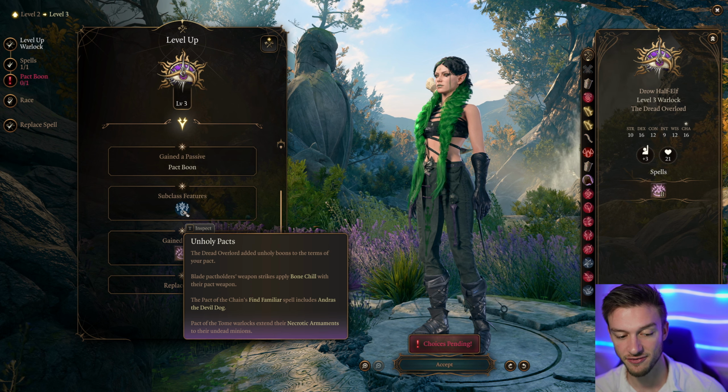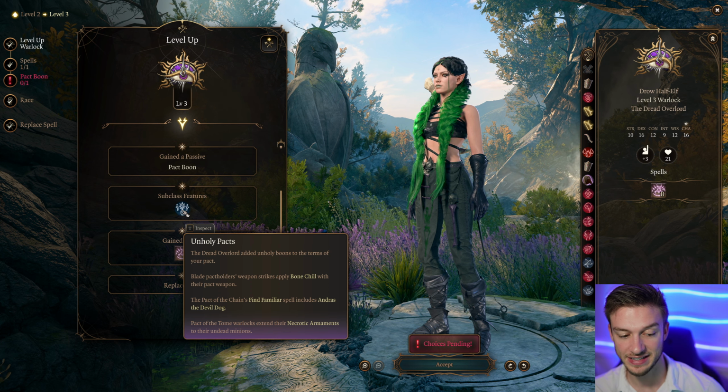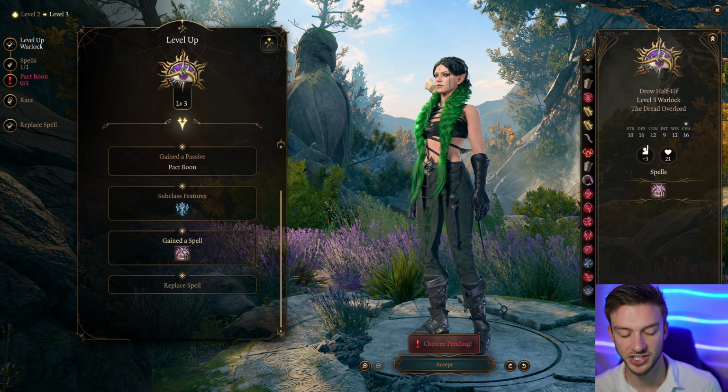Pact of the Chain's Fine Familiar includes Andras, the Devil Dog. And Pact of the Tome extends their necrotic armaments to their undead minions. So, huge. I think I'm going to go with the Pact of the Chain here to show off what that